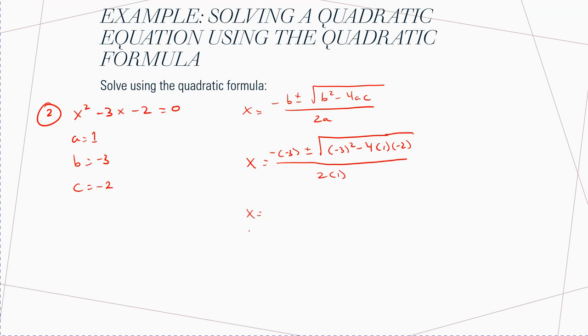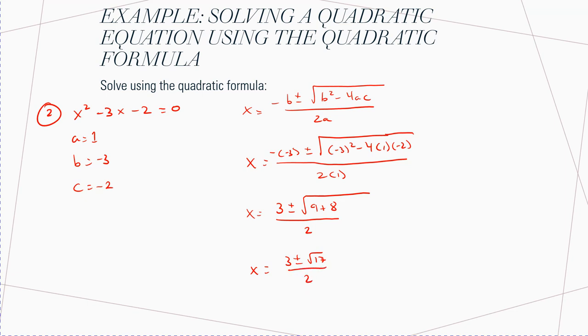So you're just going to have to clean this up. Negative becomes a positive. So this is 3 plus or minus the square root. Minus 3 squared is 9. Minus 4 times minus 1, or excuse me, minus 4 times 1 is minus 4. And minus 4 times minus 2 gives me plus 8. All over 2. So this is x is equal to 3 plus or minus the square root of 17 over